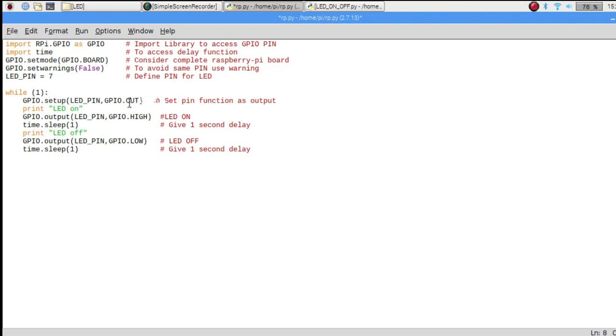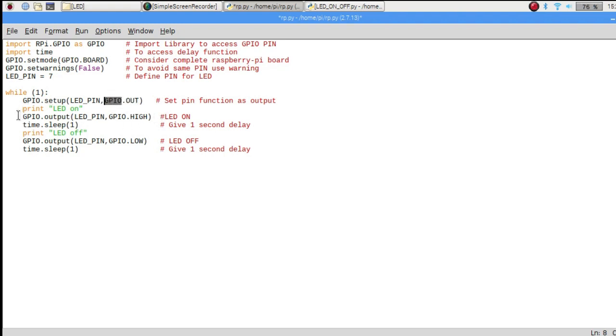Why specifically output? Because I have connected the LED to my pin 7, and pin 7 can act as GPIO input or output also. So I have to specify to the Raspberry Pi that this pin must be used as the output. If there is a switch and you want to take an input from the switch, then you have to give GPIO.IN in that case because you are taking the input from that GPIO.